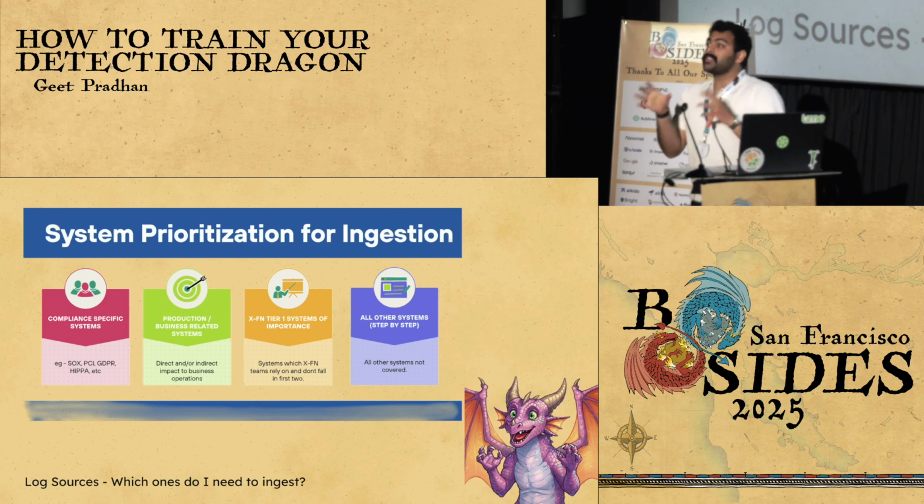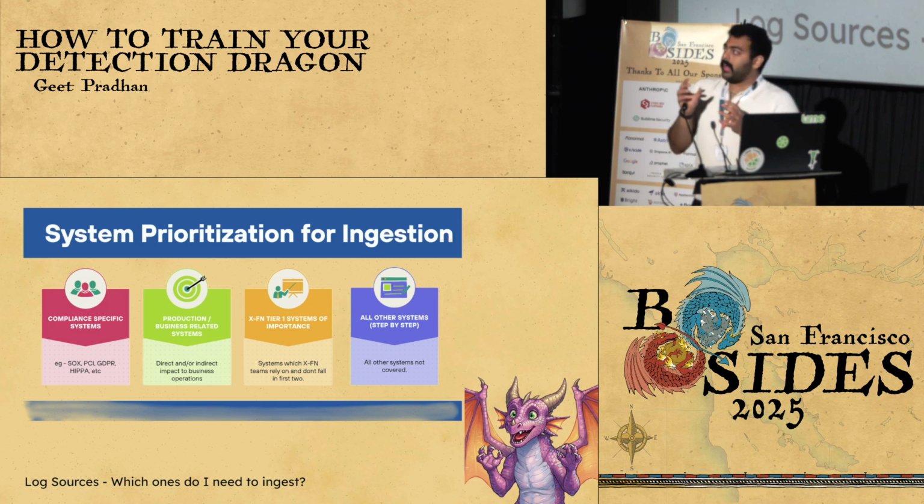Now, this is different for each company, each situation, but some things that I have learned are, you need to work with the rest of your teams, right? The most important, according to me, are the ones which also have compliance-specific impact, right? Because, look, a security incident happens, something goes wrong, but you don't want it to have cross-functional impact, especially if there is some sort of compliance related to it. I've given a few examples here of SOX, PCI, but there's quite a few, and it just depends on what you guys are running, right? Now, this should take most of the key systems out. So first, focus on these.